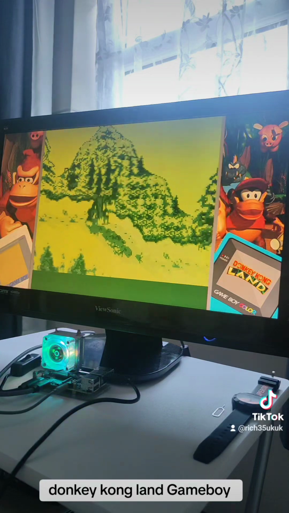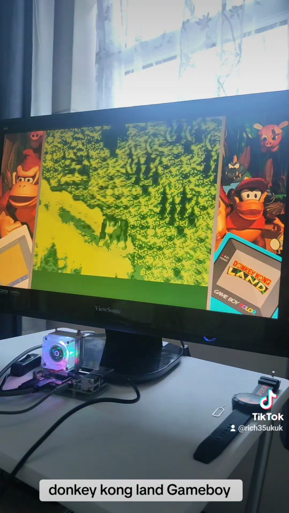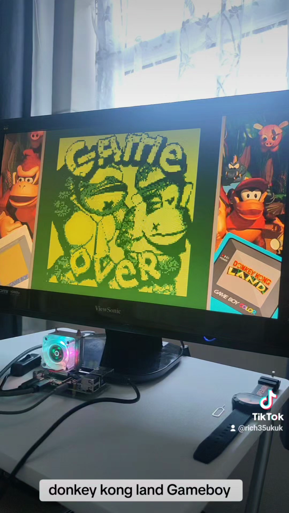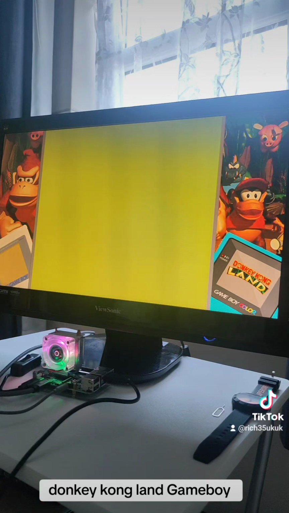Shame it doesn't detect it as a Game Boy Color and then add the little bit of colour that Game Boy games used to give. I don't know if I've got a setting on the Pi itself, but I don't want to mess with it. But I know when you used to put Game Boy games into a Game Boy Color, sometimes you used to get